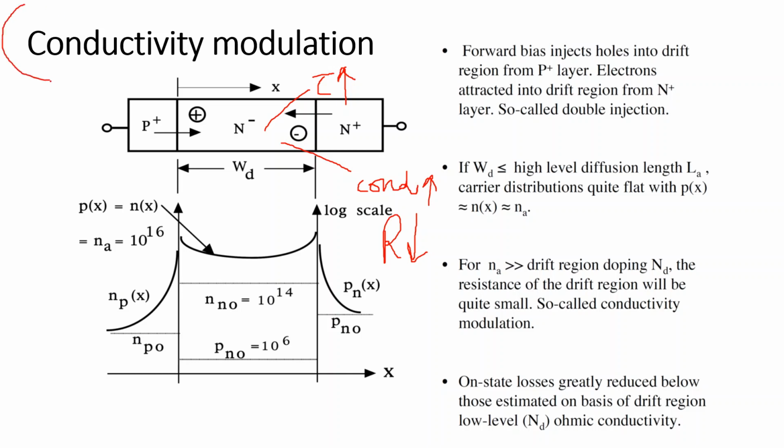So this is known as conductivity modulation, that because of injection of a large number of holes from the left hand side, and as a result the injection of a large number of electrons from the right hand side in the n minus region, its resistance decreases greatly. Although by looking at it, it does not appear that the resistance is low, actually the resistance of this region is very low. Because of this the power diode does not have high I square R losses during the on period.